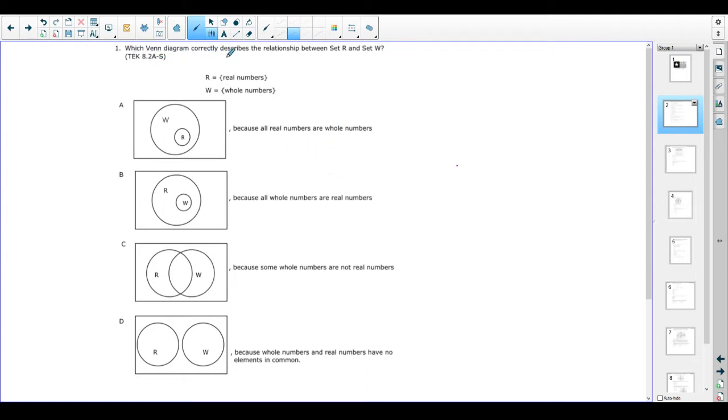Number 1, which Venn diagram correctly describes the relationship between set R and set W, where R is real numbers, W is whole numbers. So they try to trick you with this one just a little bit, because last time when you saw this question, it was talking about irrational numbers and something, and this time it says real numbers, which we don't spend too much time looking at. But if we make our box,